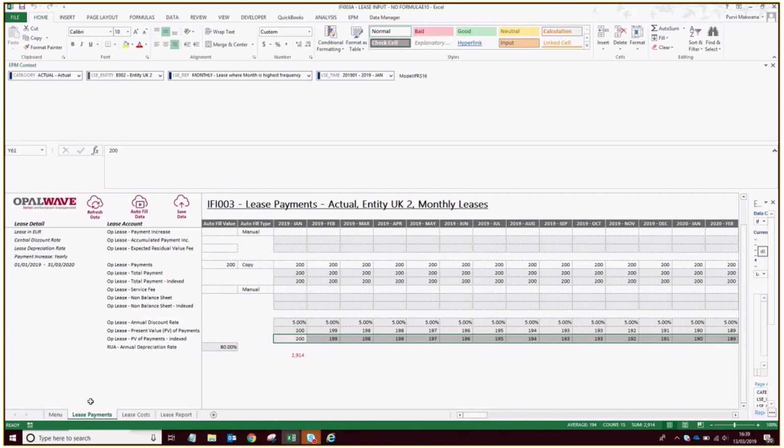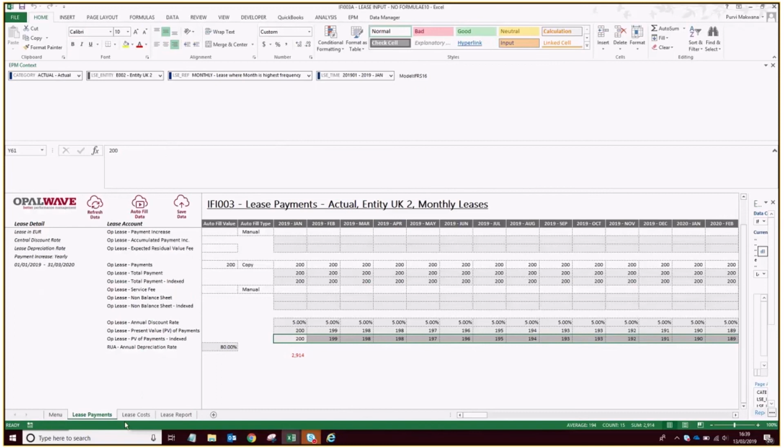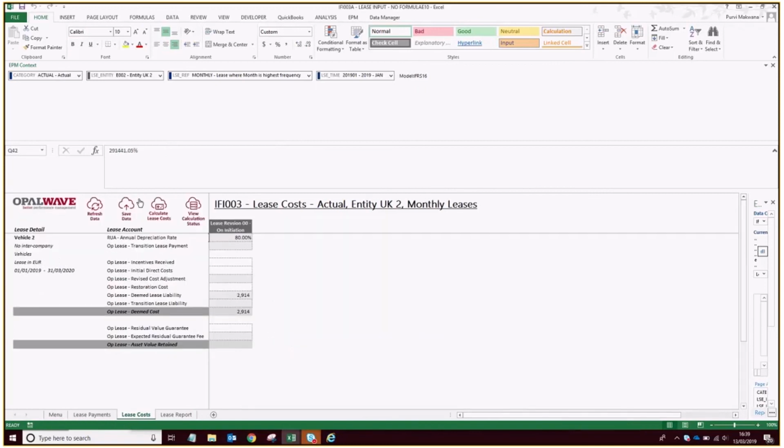Okay, so that lease has been put in successfully, and then the next step would be, as usual, to run the calculation for the lease costs and then view the results in this report, and then to translate from lease currency into reporting and local currency. We went through the details of how to do this in the earlier session, so I won't repeat myself, but